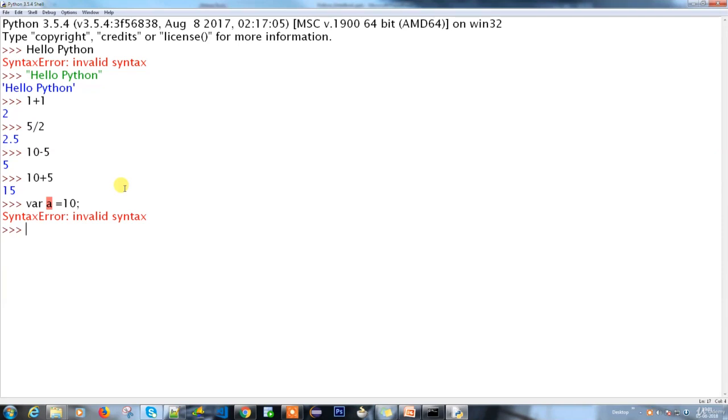Python comes with dynamic typing. So I can use a is equal to 10, and print a. This is a simple way of creating a variable in Python. I have a variable called a and the value is 10.